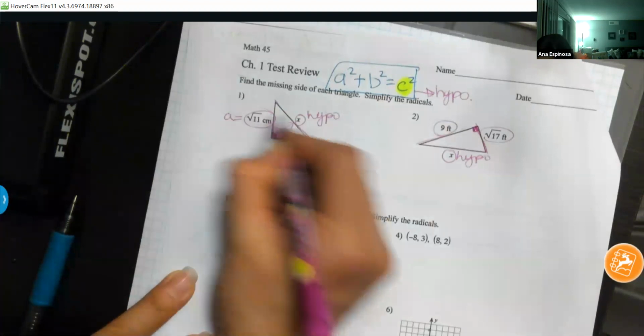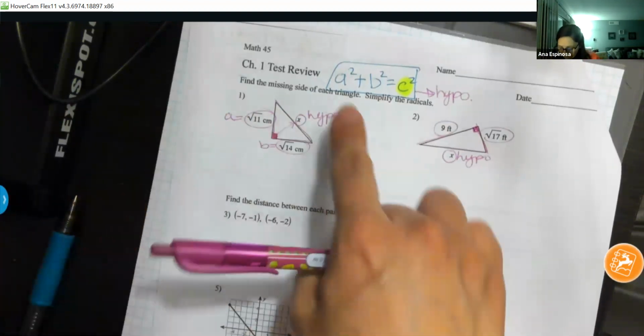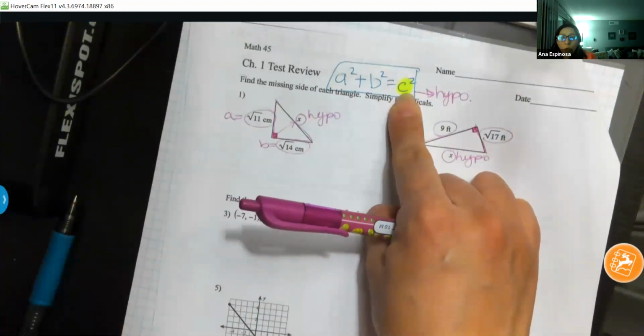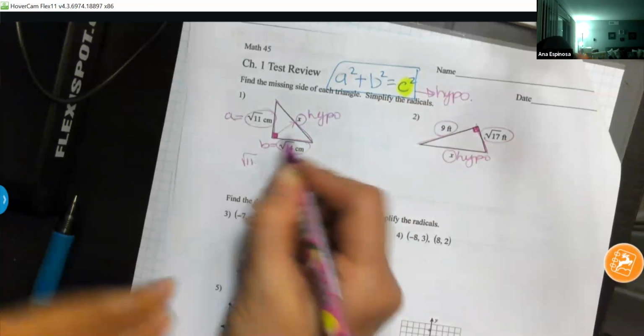So this is A, this is B. It doesn't matter who's A and B. You could swap them, right? But the important one is this guy, and that is C. That'll be by itself squared on one side. So this will be square root of 11